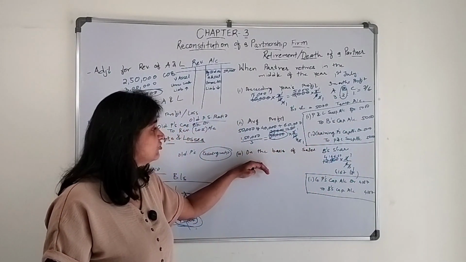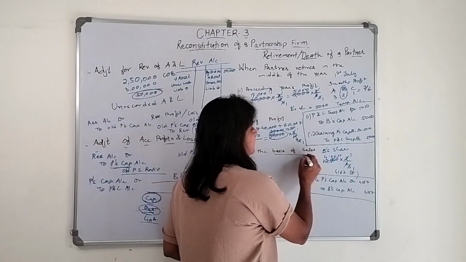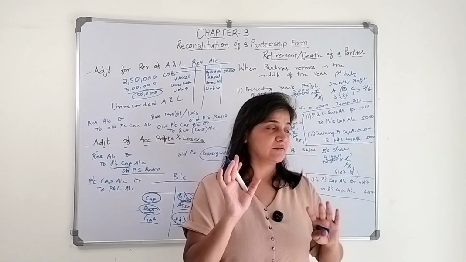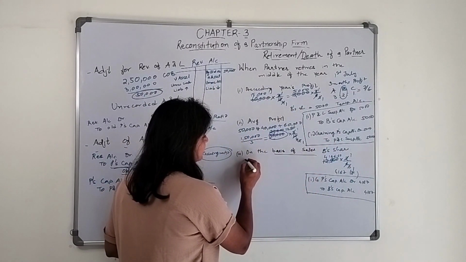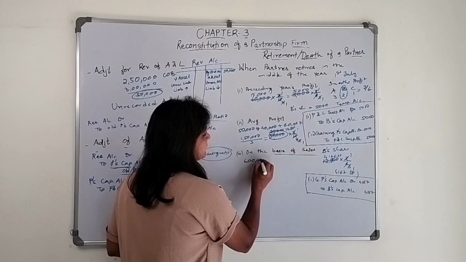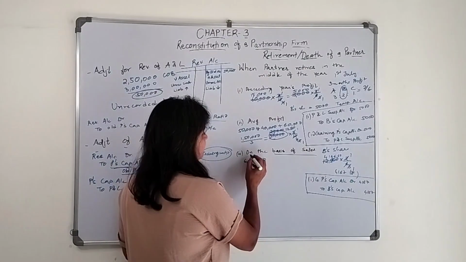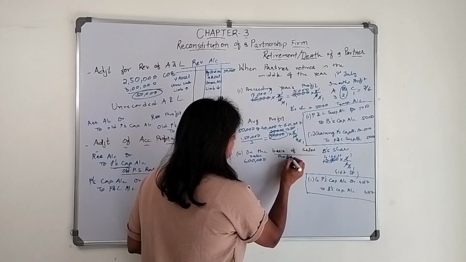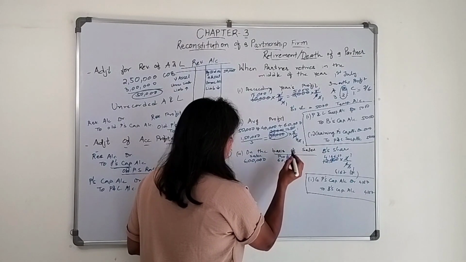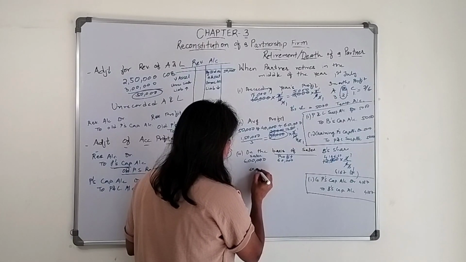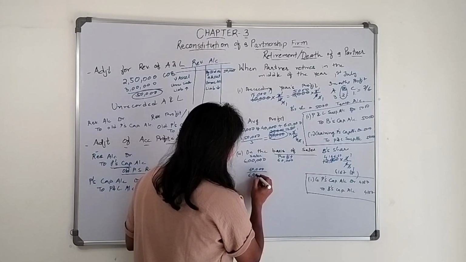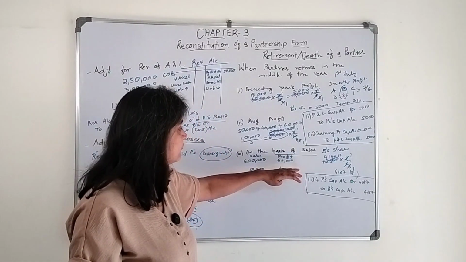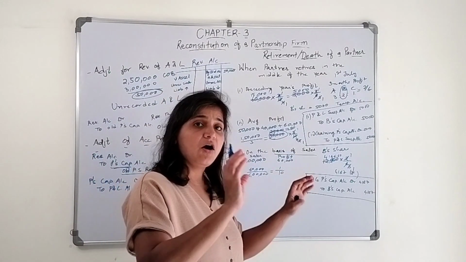Now the third situation could be on the basis of sales. How are we determining the profit? On the basis of the sales. Let's say last year the sales was 6 lakh and the profit was 60,000. So profit is how much of sales? 1/10th. 10% of sales, that is 1/10 of the sales.